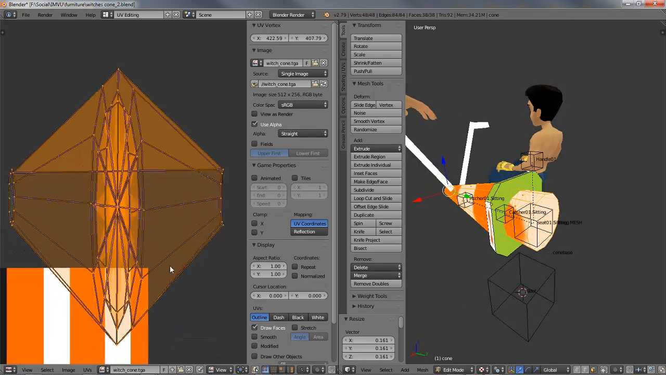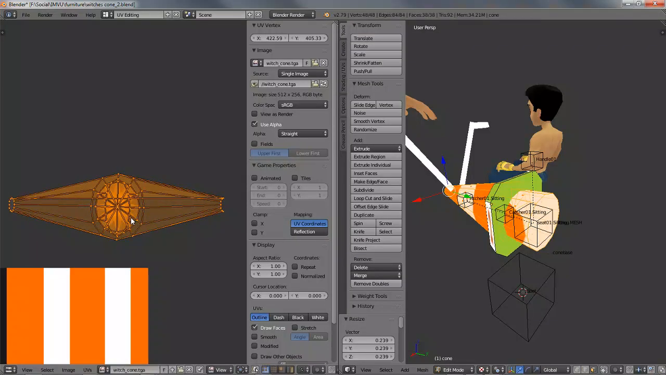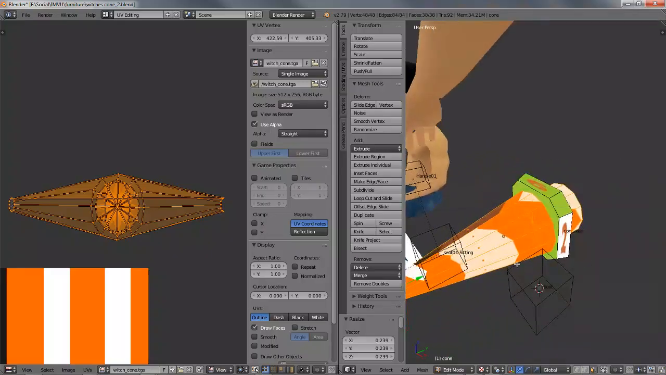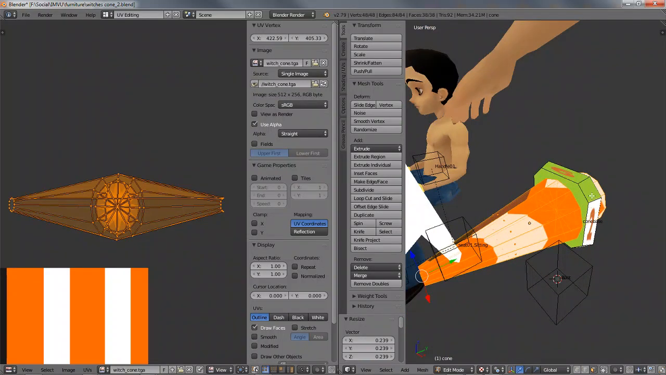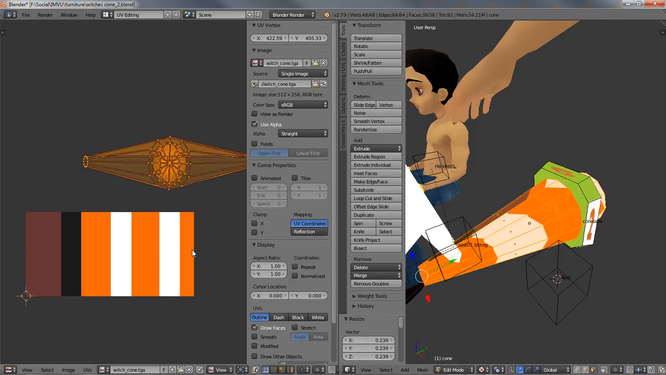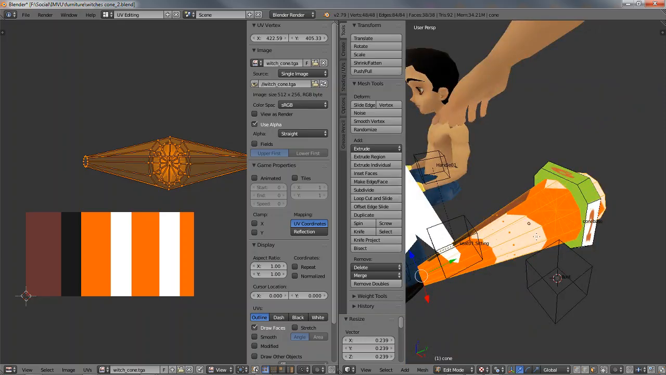Yeah, that's not good, because that looks as if it's unwrapped front to back. What we actually want is for it to lay out top to bottom. So what it's done is essentially look at the object front to back. Unfortunately, this means that we are going to have to do some proper unwrapping,